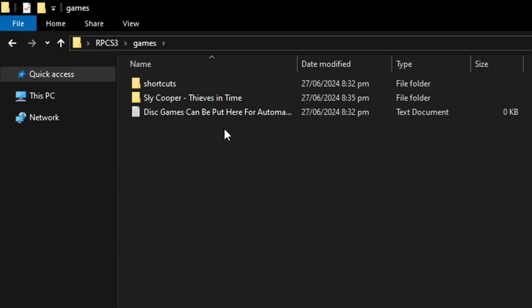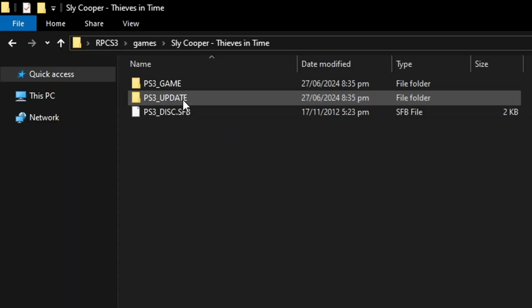Ideally, the game files should be inside a folder like this one, and inside you're gonna have files similar to this one right here. Ideally, you should dump your copy of your game into the PC to get these files, but you can also get them online. But this is something that I can't show you here on the video because it is against YouTube's guidelines, and it can get my video deleted if I were to do that.